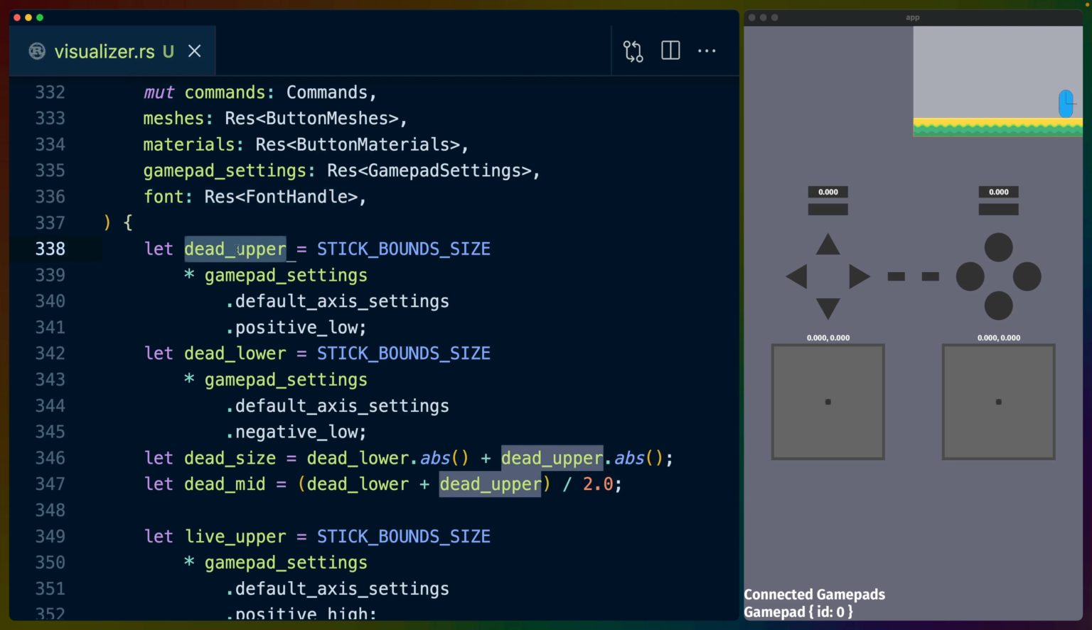The values that we are calculating here are calculating both the live area for the sticks. So anywhere that the stick on the right here is moving is live area. And then right in the center there, right when we get back to 0, that is the dead zone. So that is where we end up with 0, 0. And that dead zone can change, which is why we're using the default axis settings positive low and negative low. And that gives us basically where to place the dead zone and how big the dead zone is for the